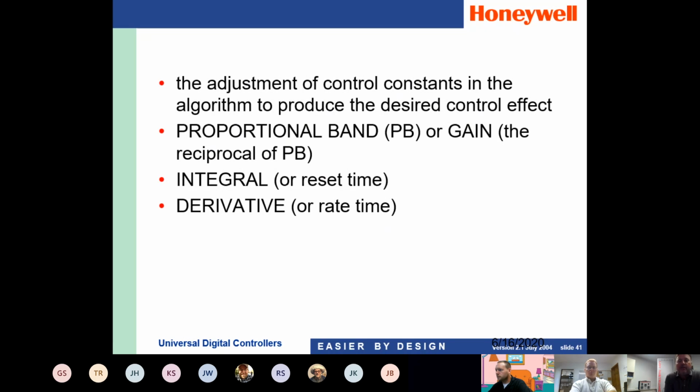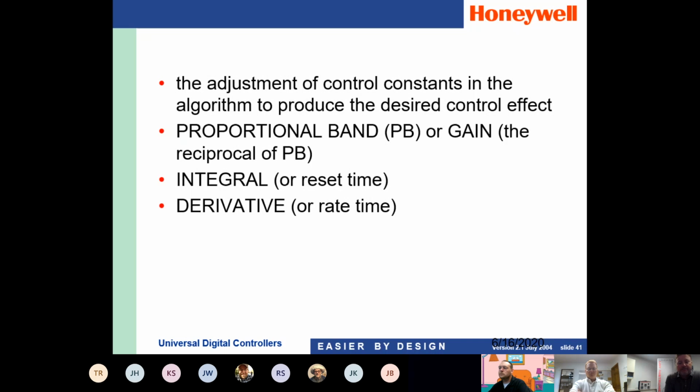In most cases on closed loop control systems, you do have to do tuning. Just like the old days when you had to tune your carburetor on your car to get optimal performance, same type of thing on process control loops. There's three different values that you have to change in a control loop when you're doing the initial setup, or if you're doing any major overhauls to your furnace or application out in the plant floor where you would need to retune it. But these three values are proportional band or gain,